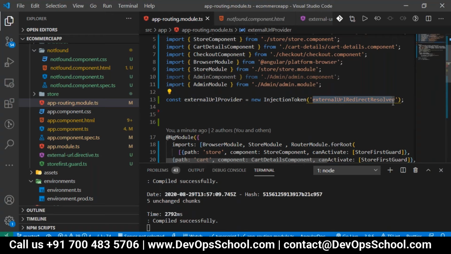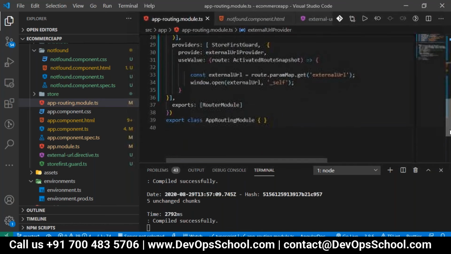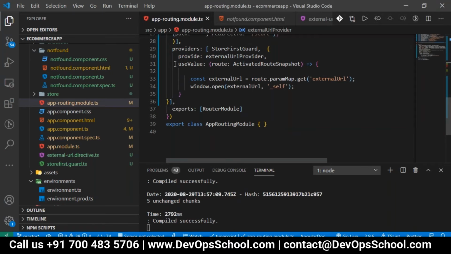This we have to configure whenever you want to work with any other Angular applications. If you come down here, we have to configure that if the provider is external URL provider, then what value you have to provide.